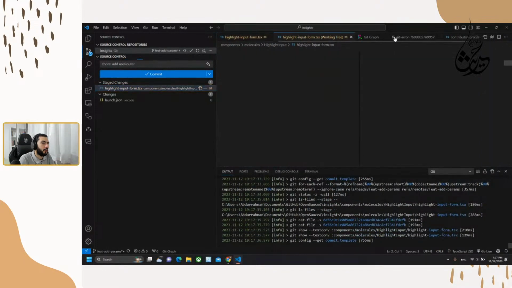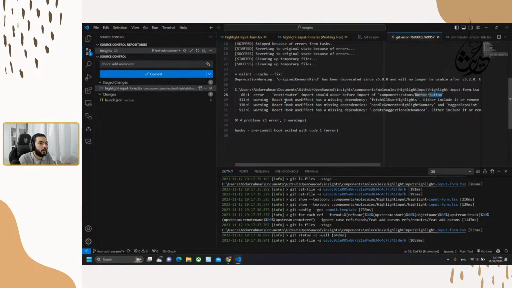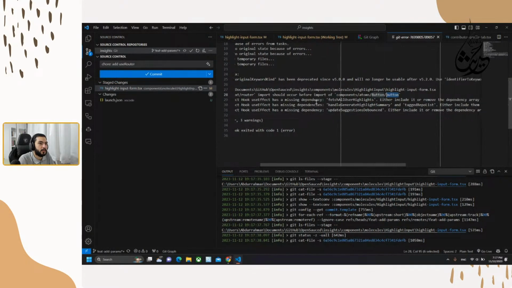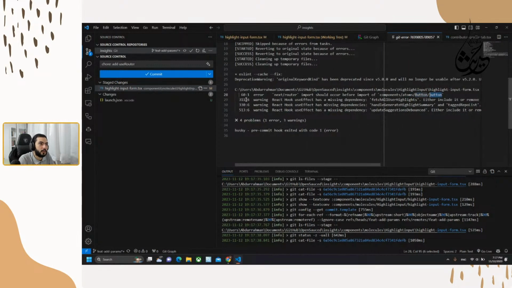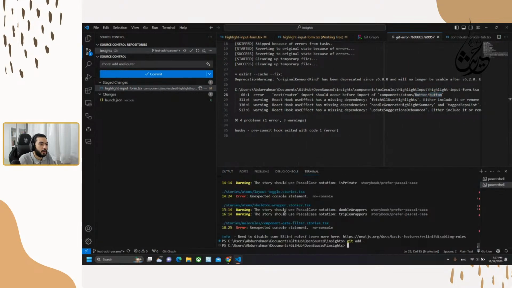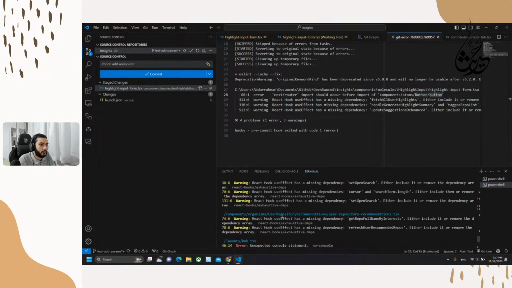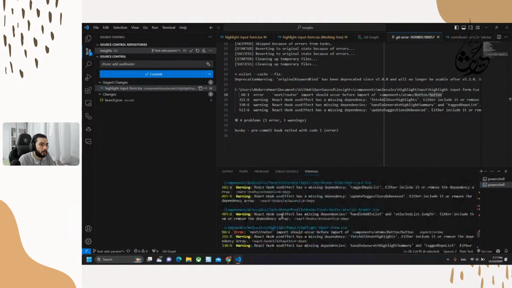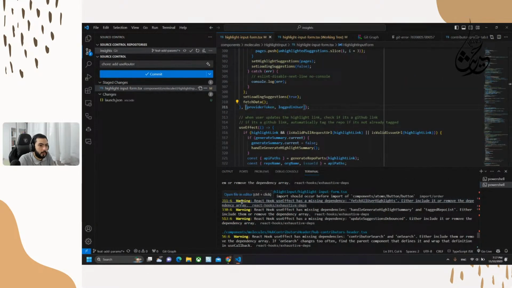Let's check the other warnings and solve them by the way. React useEffect has a missing dependency. Either include or remove the dependency. Wait, didn't I have that in the terminal here? Yeah, so this one. This is missing fetch all.